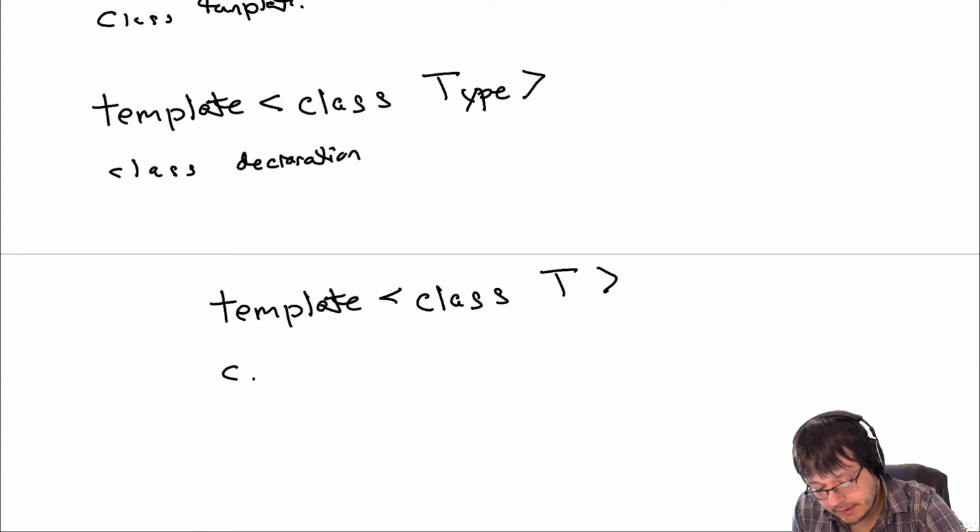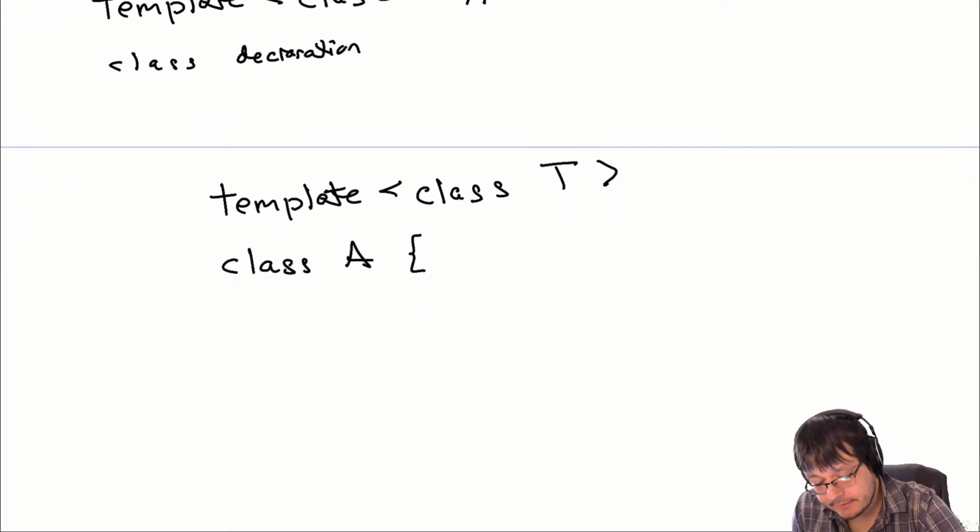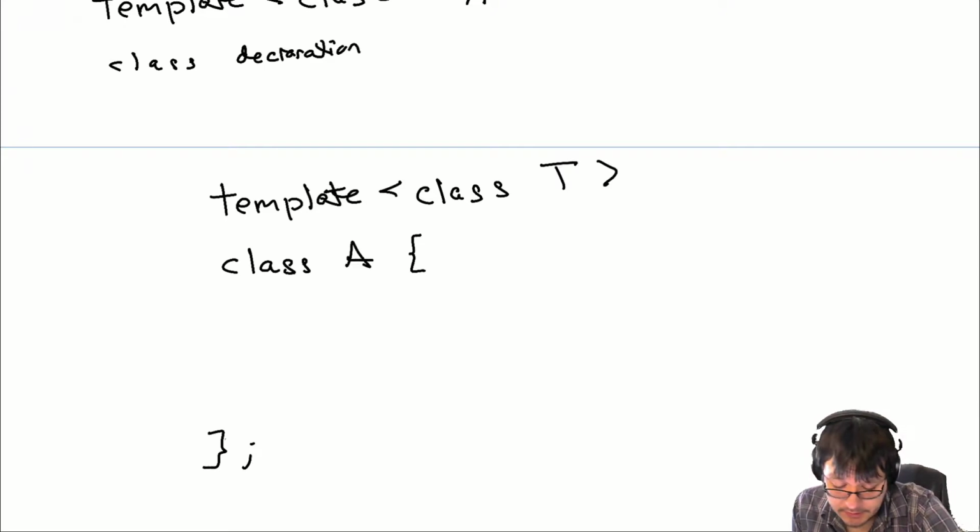You could say class A, put your curly brackets so you don't forget. And in here, we are going to go ahead and put in a variable that is of that template type, the generic type. And so we're going to say T of A, like that. And that is it,